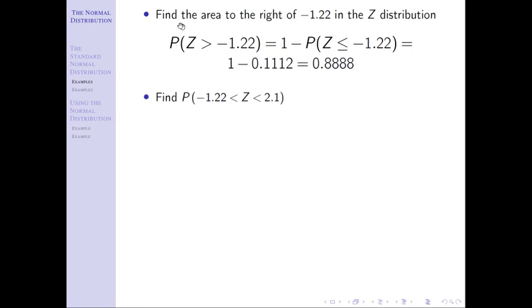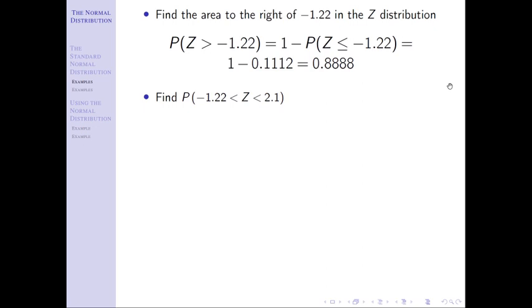Notice I can ask the questions to find the area to the right of, find the area to the left of, find the area in between, or I can just give you the probability statement straight off the bat. So this is actually a little bit easier in that regard because I have the probability statement written for me. And you say, okay, I know how to work with a less than probability, because if it's less than, I would just go right to the table, right? Because that's what the table gives me. I can just go to that z-score, boom, we're good to go. If it's a greater than, I got to go to the table, but I got to subtract from one.